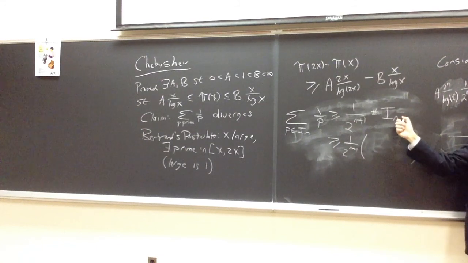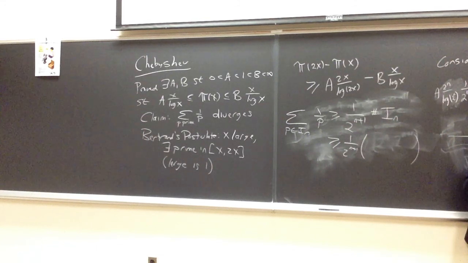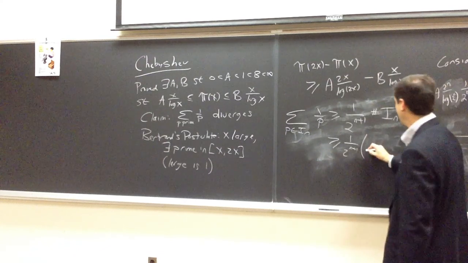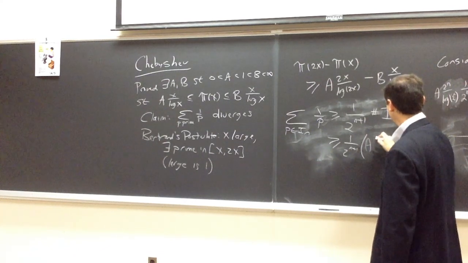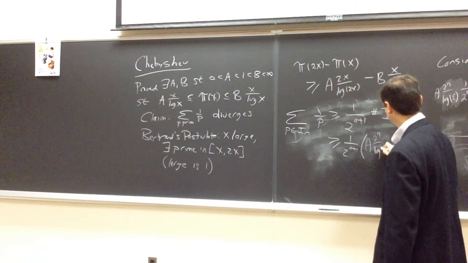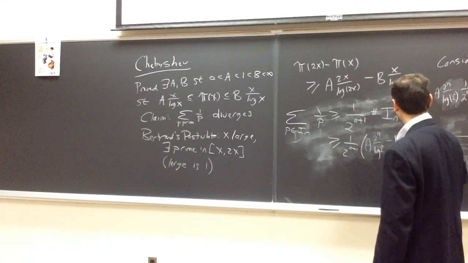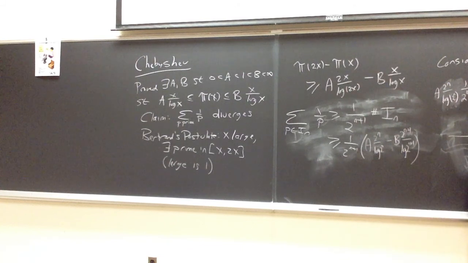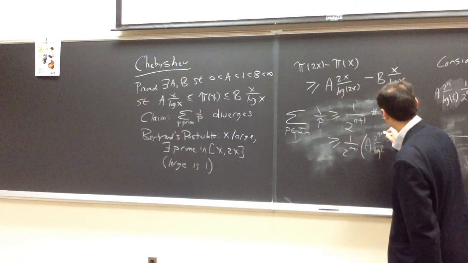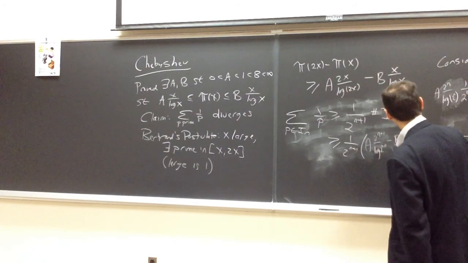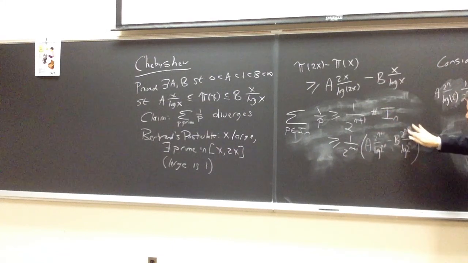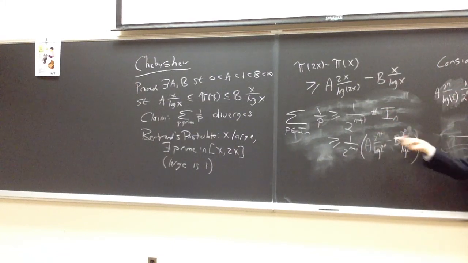If over here we need an underestimate, what's an underestimate for this? This would be a times 2^n over log 2^n minus b times 2^(n+1) over log 2^(n+1). I'm sorry, I just switched. Yes, I switched it. We want to use the underestimate on that side and then the overestimate on the other side. Yes, thank you. So now when we do it like this, this will give us an underestimate of the number